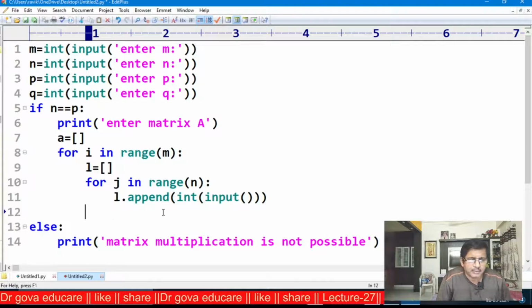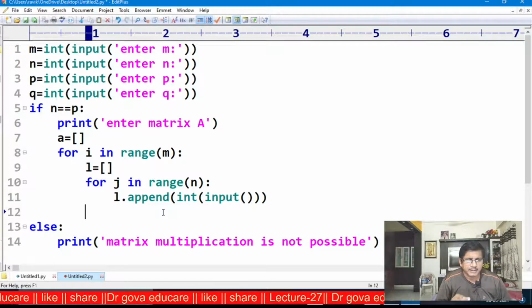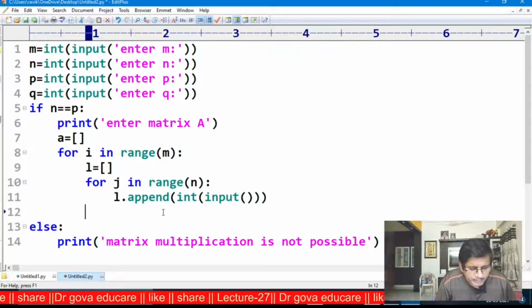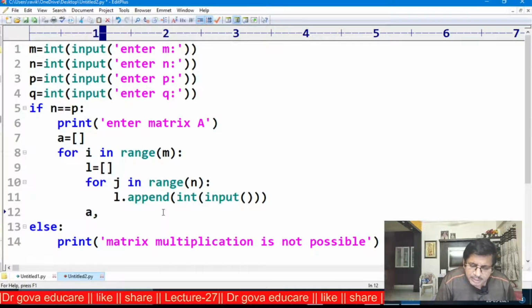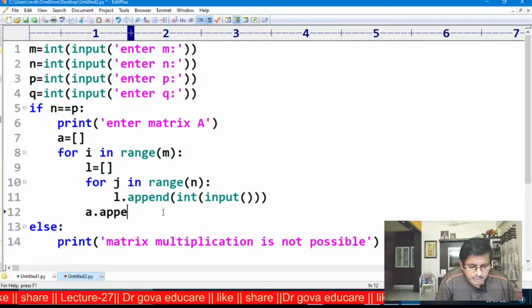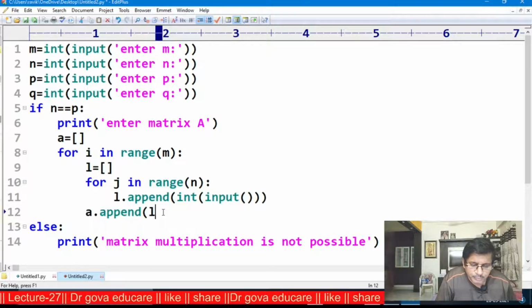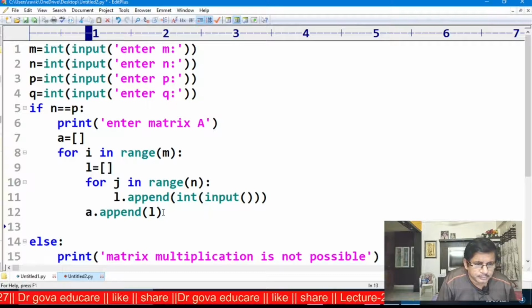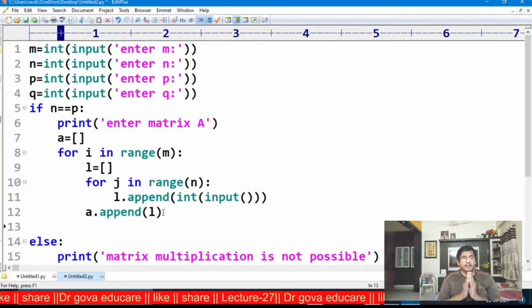Next, after appending, L is appended to A: A dot append of L. The matrix A will be entered.